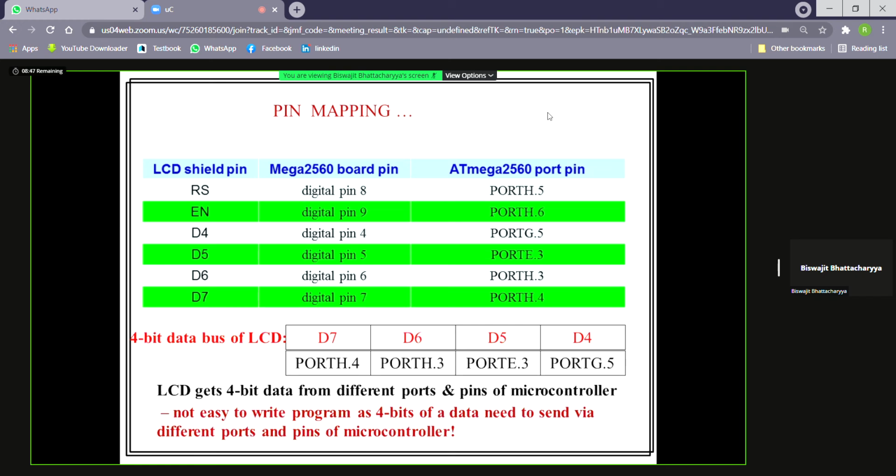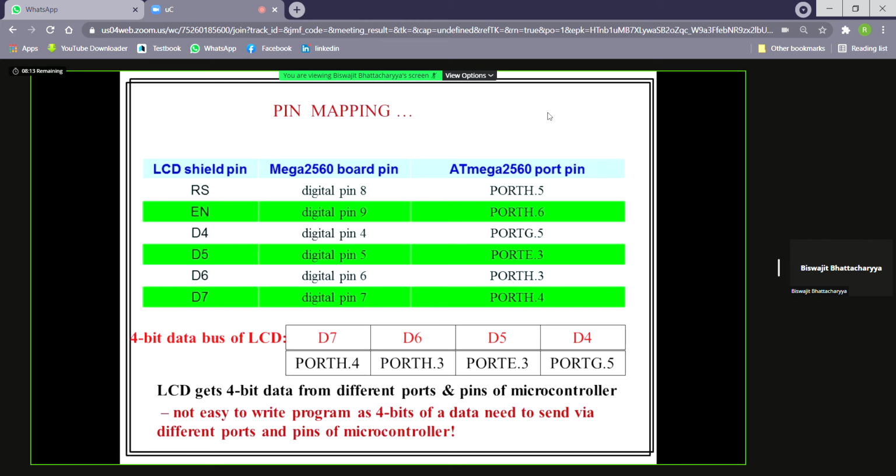So the 4-bit bus of LCD means D4, D5, D6, D7, and as I told you, these are port G.5, port E.3, port H.3, and port H.4. So no single port is involved. Different ports and different pins are involved. That creates a lot of problems, but we have nothing to do, we have to accept the situation.